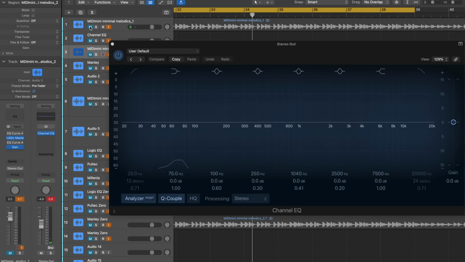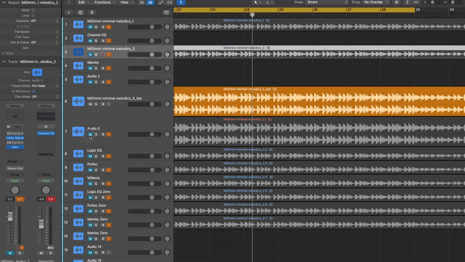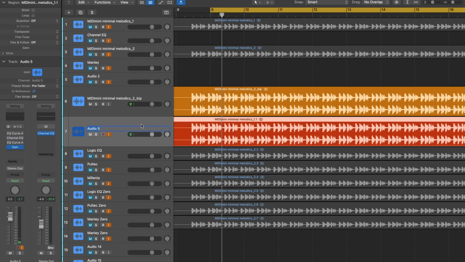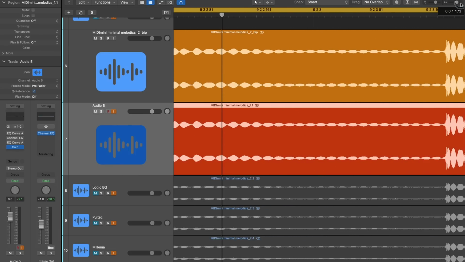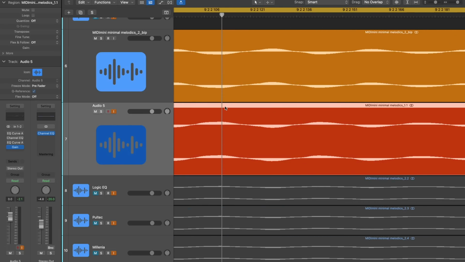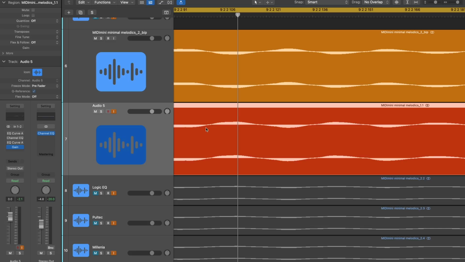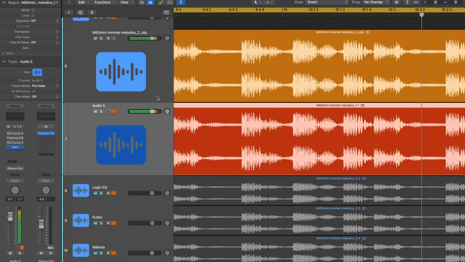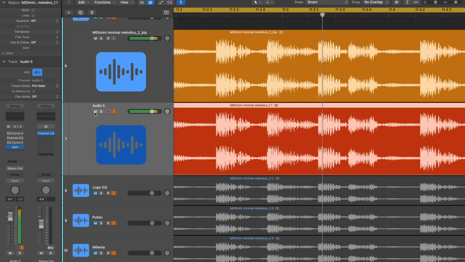And just to show you what I'm doing there, if you don't know what I'm talking about when I say cancel them out, here's the same track. And what I've done here is I've inverted the phase of one of them. On mixing desks, you see a phase invert button all the time. If we zoom into the waveforms, you'll see that when the orange one is dipping, the red one is rising. When the red one's rising, the orange one's dipping, and so on. So these completely cancel each other out. And when I play it, you don't hear a thing, but you can see both channels are going full whack. If I turn one of them off,